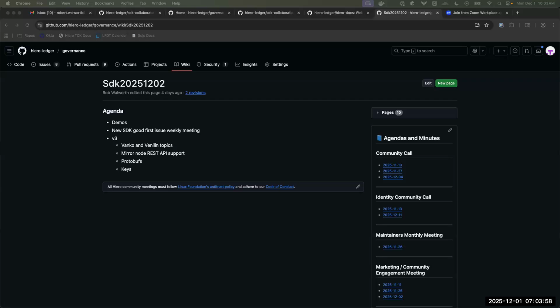First thing I wanted to talk about real quick is demos. So we're gonna start. Well, these Hashgraph employees have been doing demo days for a while now, but we're gonna try moving them into these meetings. So basically, just an opportunity for developers or anyone working on the SDK projects to demo what they're working on, whether it's a new feature, new capability, new anything that they deem worthy of showing off.